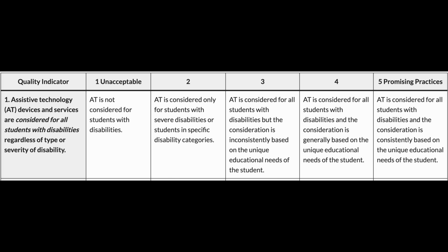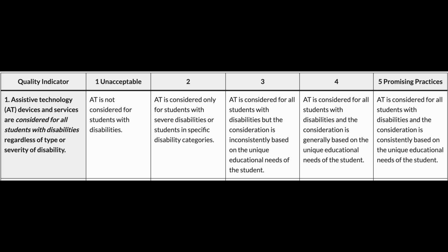So the first quality indicator is around assistive technology consideration. You mentioned the matrix, right? That's one of their tools. And of course, again, we'll link these into the show notes, because I think having these tools on paper is really beneficial. So a matrix, of course, you're asking a question and then you're rating yourself, 1 to 5. Sort of like a rubric, of course, is another way to say that.